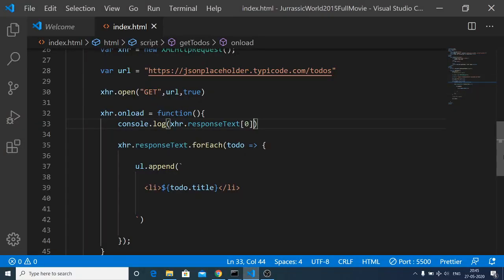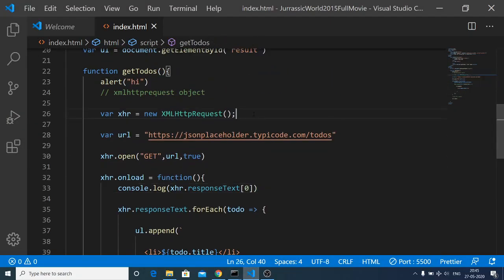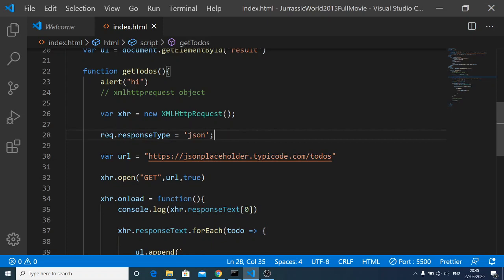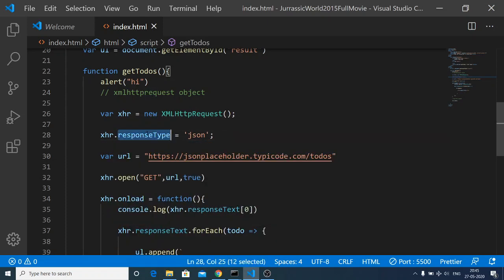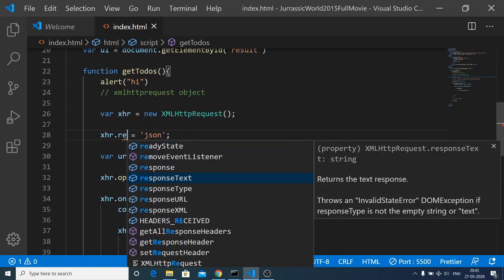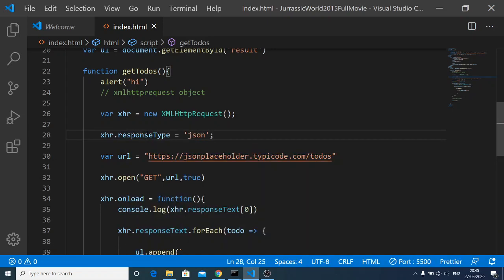After you declare the variable xhr, you need to set xhr response type. So basically this is a property, xhr response type. Explicitly you need to tell that we need to get the JSON response back from this API. So just write this statement and also delete the alert box here.